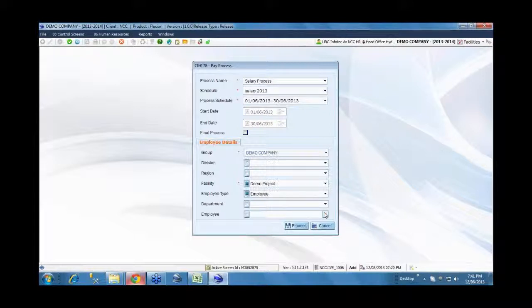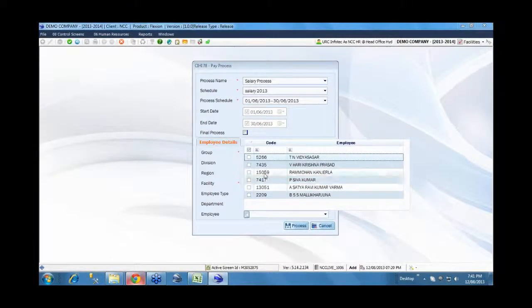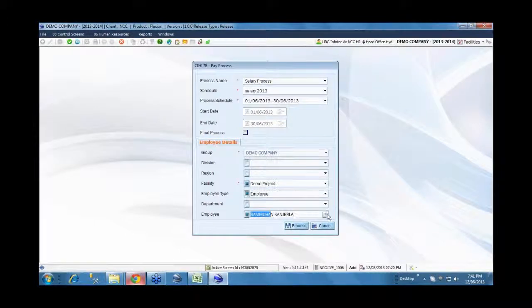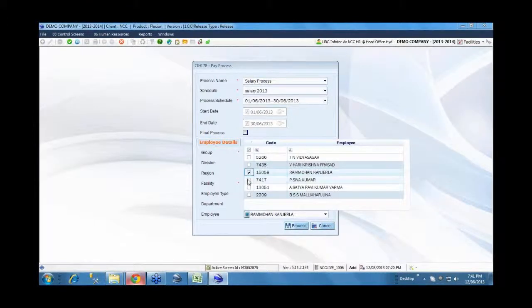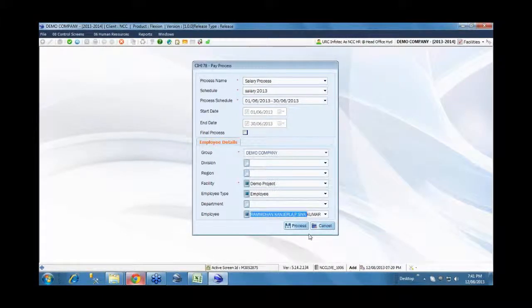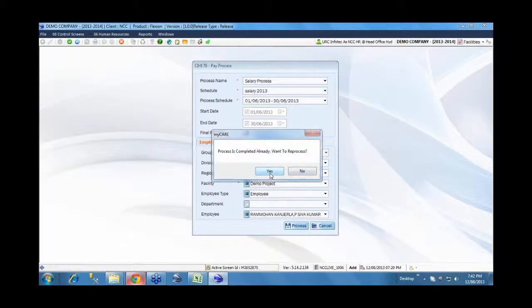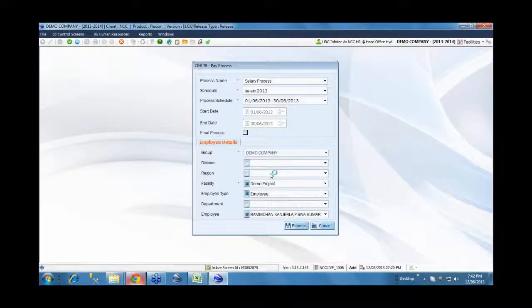There can be a separate salary date for each grade of employees, to avoid workload, to share the workload within the payroll department. They can have different salary dates for different categories of employees. So those things also we can define, and based on that we can run the process. The system will automatically take into consideration all the aspects, the leave and everything. Based on that, the process will be generated.